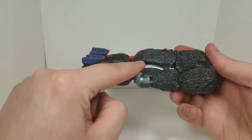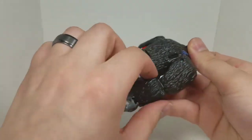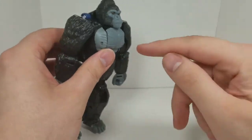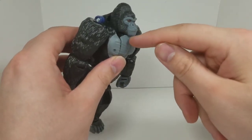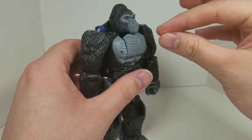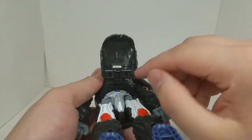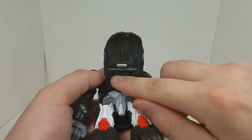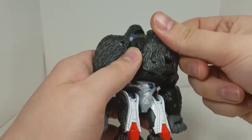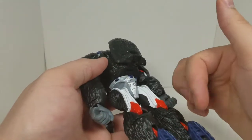Like I said, the only drawback is this is all pretty much showing at that point. There's not much you can do about it. The other thing is the chest, when it's in robot mode, has a little bit of gap. So I'm hoping third party comes up with something to set in there to cover it up. The other thing is, like I said, I pointed out these things right here. They have these 2 holes there where, when this turns around and folds up for the robot mode, you can get his prime jets to stick out,